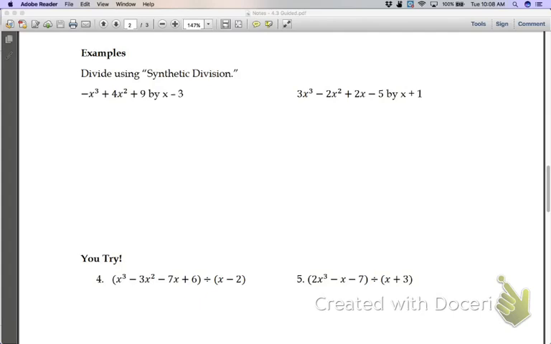You can use it anytime. There's never a time that you can't use it. Synthetic division, though, there are only specific times that you can use this. So what I would put, somewhere where it says examples, is that the only time we can use this is only when dividing by a linear